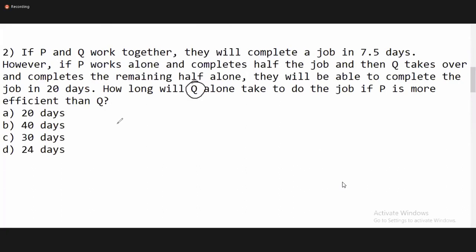Okay, let's look here. We need Q, right? Let's say Q alone can complete the job in 20 days. Guys, if Q alone is completing it in 20 days, how can the half work be done? Because if Q is working the remaining half, how is the work going to be completed in 20 days? Are you getting my point? That is not possible, right? So let me take 40. If Q is taking 40 days to do the full work, can I say half work is only 20 days?